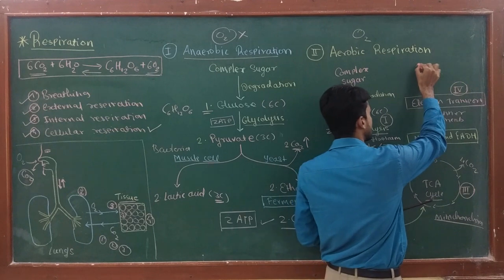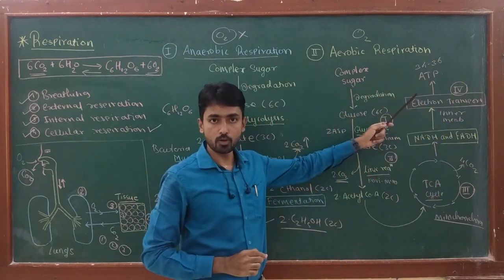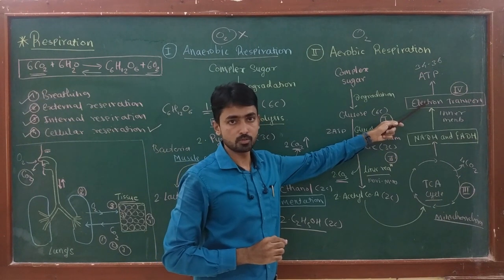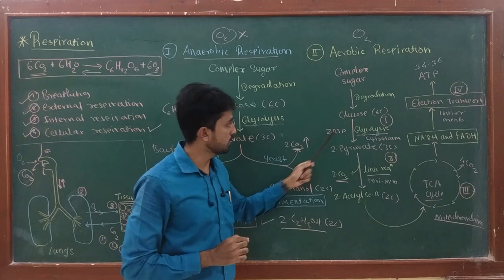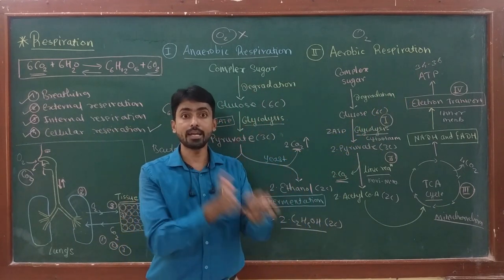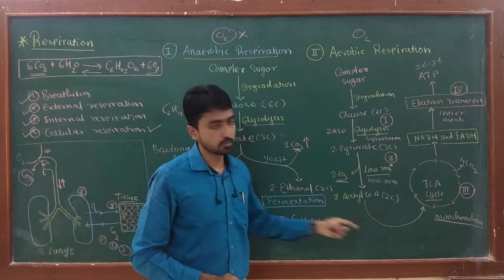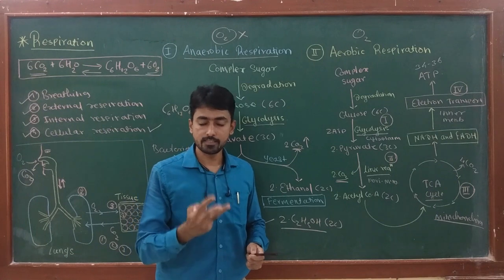Approximately 34 to 36 molecules of ATP are produced in mitochondria during the electron transport chain. So in total, how many ATPs are produced in aerobic respiration? 2 plus 34 or 36. That means a total of 36 to 38 ATPs are produced in this process in 4 stages: glycolysis, link reaction, TCA cycle